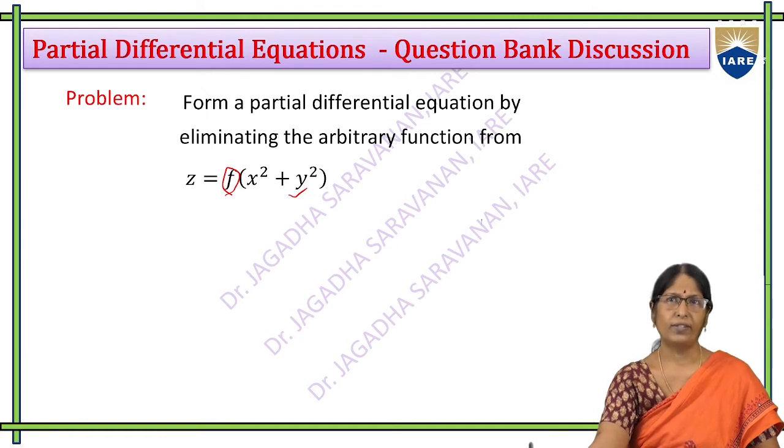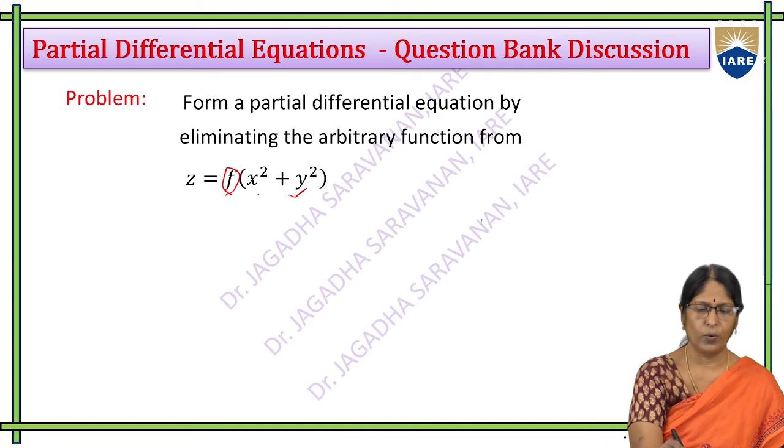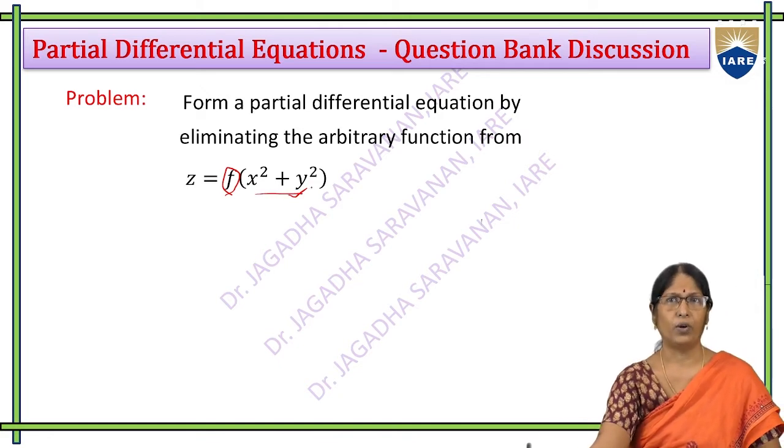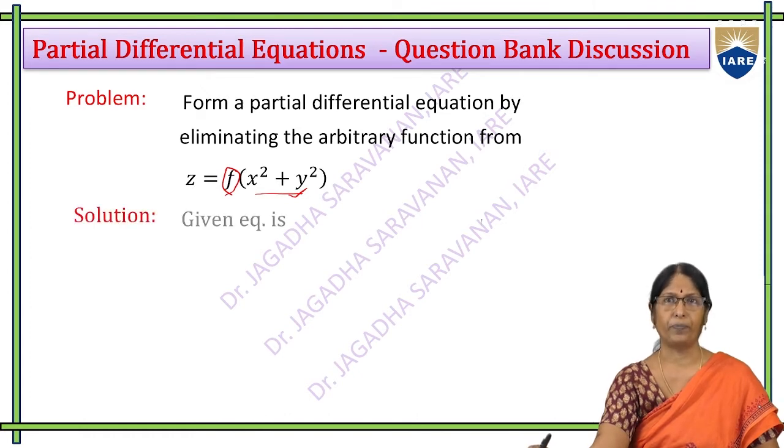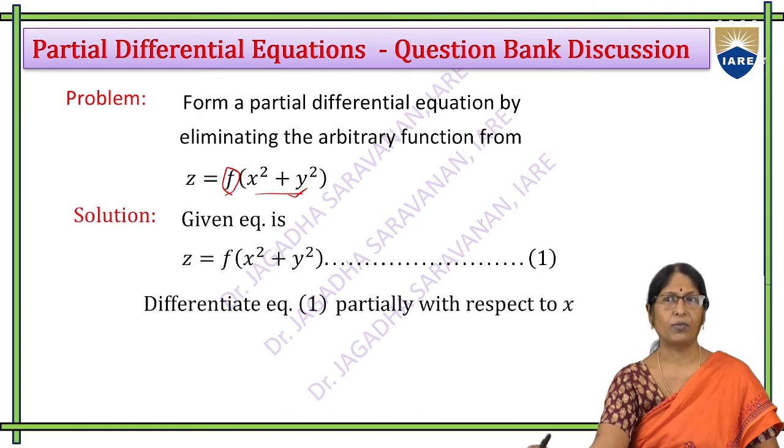F is defined in terms of the variables x and y. Here we can see x and y are there. Among the five notations, anything we can do, but in the final result, f should not be there. So the given equation we have written,